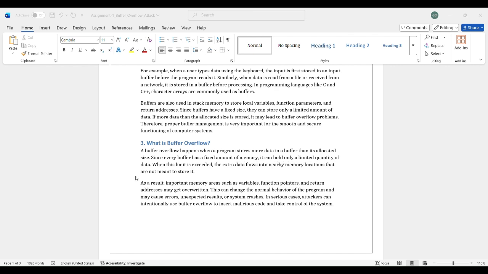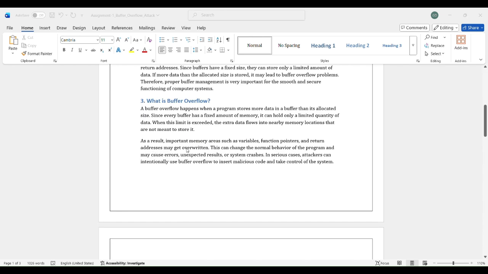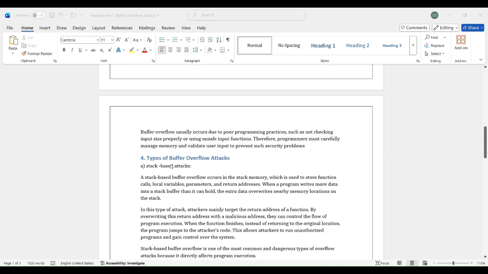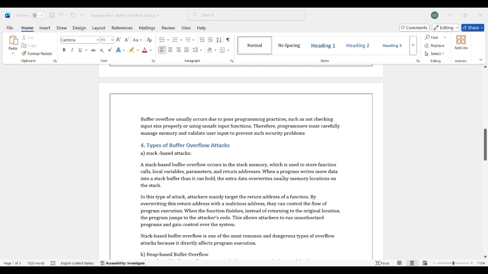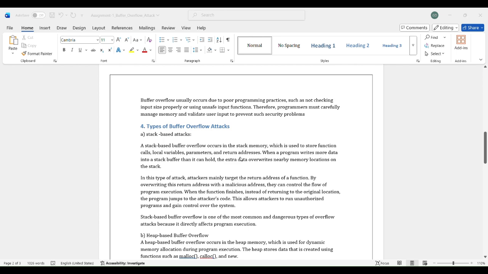B. Heap-based buffer overflow. A heap-based buffer overflow occurs in the heap memory, which is used for dynamic memory allocation during program execution. The heap stores data that is created using functions such as malloc, calloc, and new. In this attack, when more data is written into a heap buffer than its allocated size, the extra data overwrites